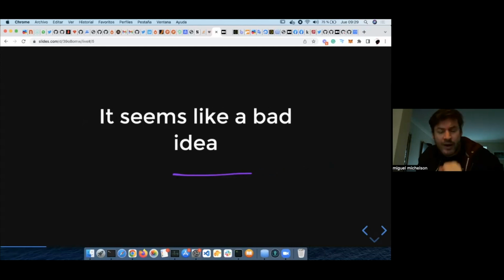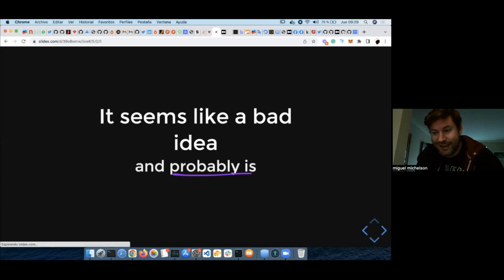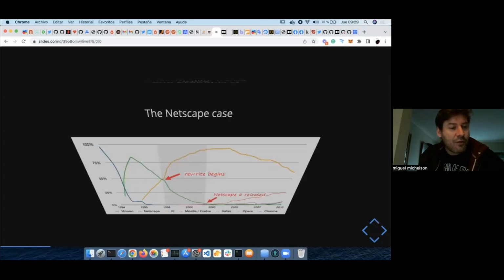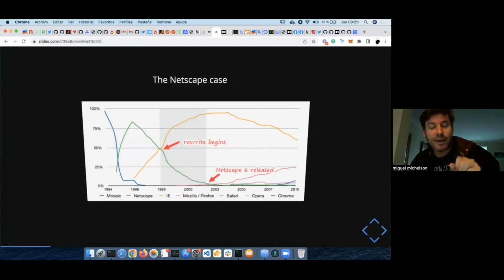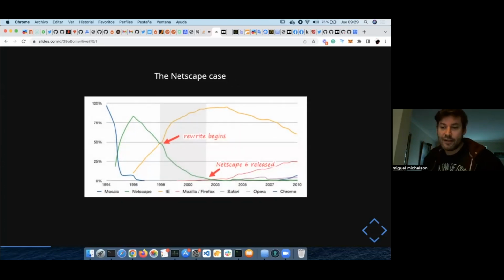So when I started to consider this project, my gut told me that it was probably a bad idea. And it probably is. Because, you know, in the startup and entrepreneur literature, you have this Netscape story, in which Netscape was finally released over 3 years later in development, and it was a buggy framework.